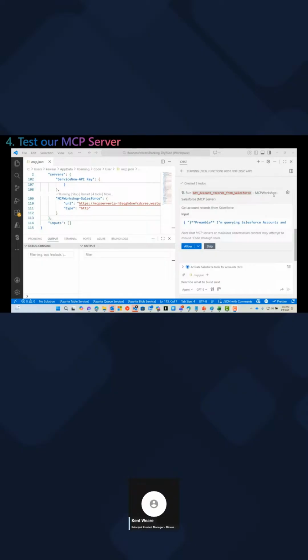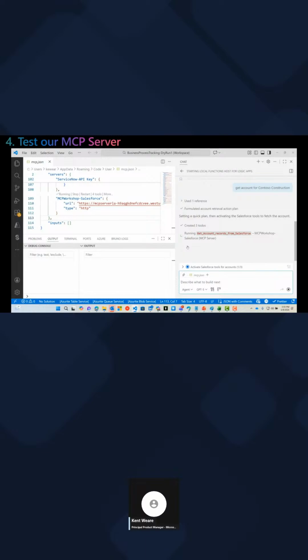You can see some information, so we know it's on the right path. We're in this particular MCP server, which is ours. This is the name of that workflow tool that will get us the account information. This is where we typically see any inputs that need to be provided. There's some additional preamble displayed here, but not overly relevant. We'll click the allow button, and now we should call that MCP server.